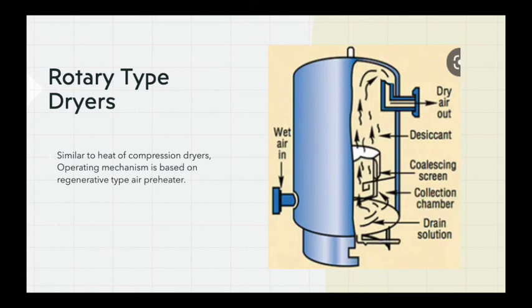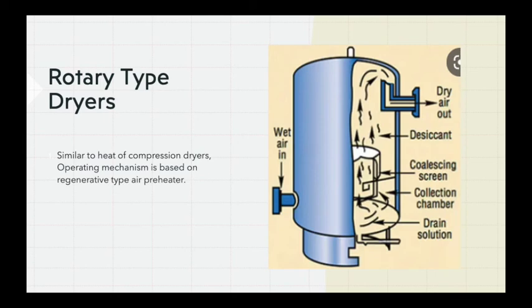Once the cooling has been done, this air is made to pass through a dryer which is in service, and after that, once it passes through the dryer, it again passes through the aftercooler where it loses some moisture and goes into the system for normal operation. Now, this is another type of rotary type of dryer which is being used presently.